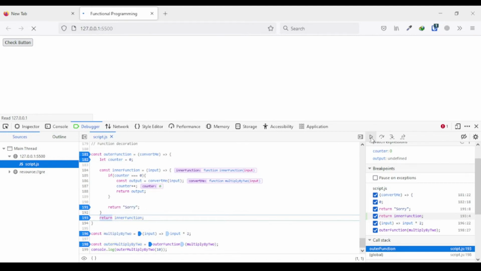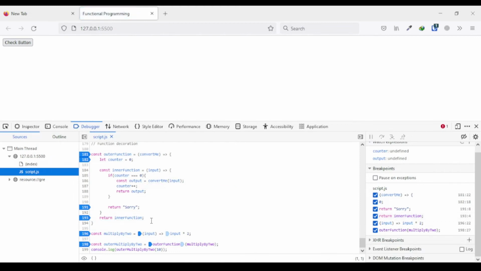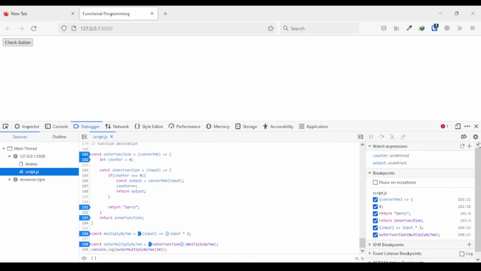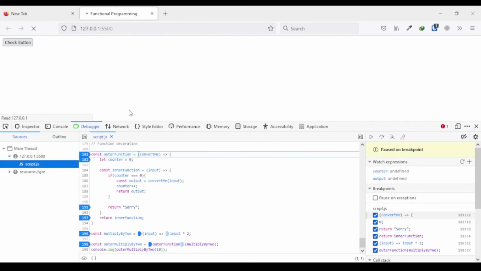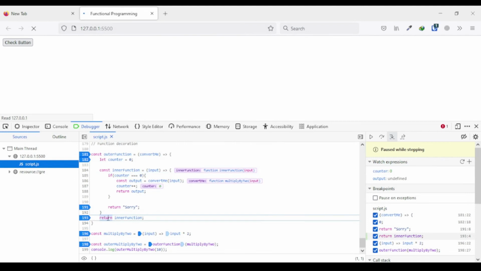Okay, so I'm gonna resume it, and now we can see that actually I shouldn't go from breakpoint to breakpoint. I should go in with step in. So I'm gonna go faster this time. So do this, do this, do this, and now I'm gonna step in, see all the steps. Let counter is equal to 0, and then we have over here counter is 0, and now we are storing the inner function in memory. Okay, and then I'm gonna step in, and then we are returning the inner function,